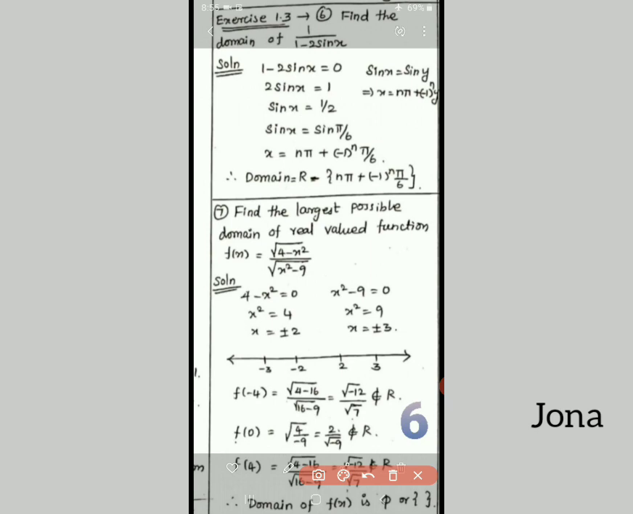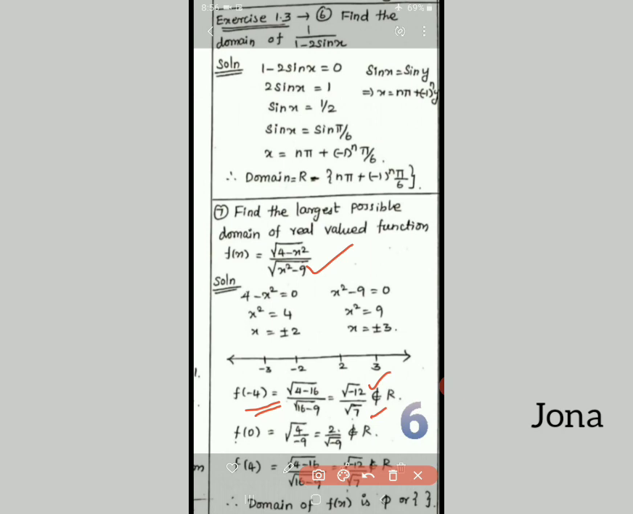On this number line, I want to take a value below minus 3. That means I take the value minus 4. We can take any value there. So we substitute minus 4 in the given function, root of 4 minus x square divided by root of x square minus 9. Instead of x, minus 4. So I got 4 minus 16 by root of 16 minus 9. So in the numerator I got minus 12, and in the denominator I got